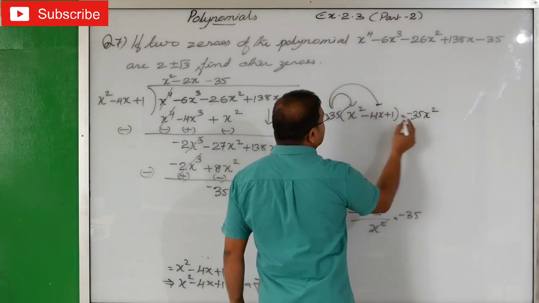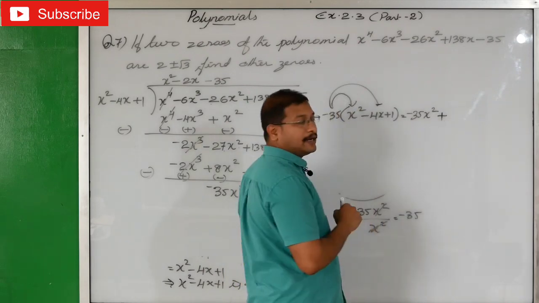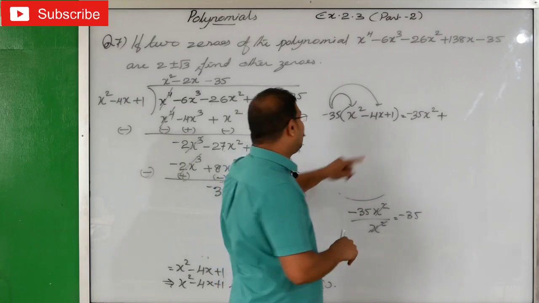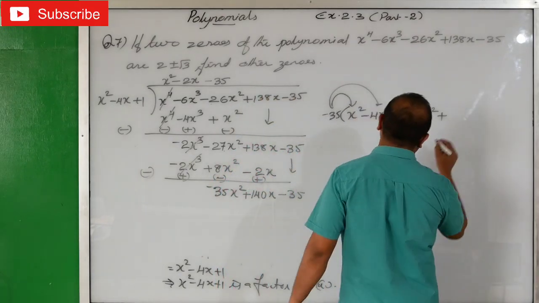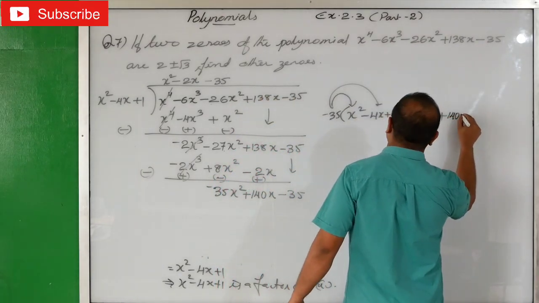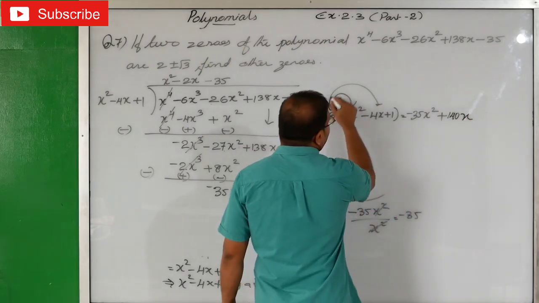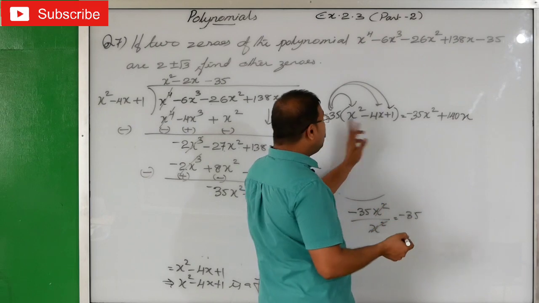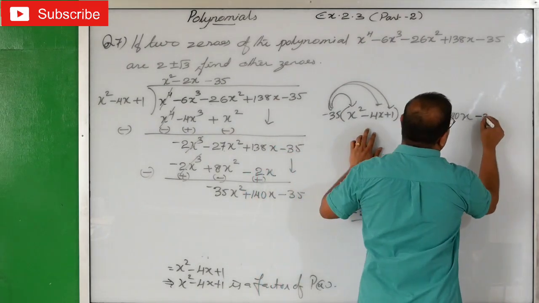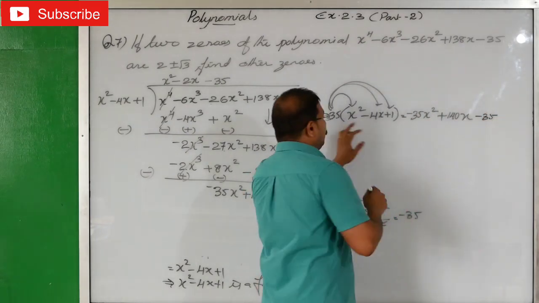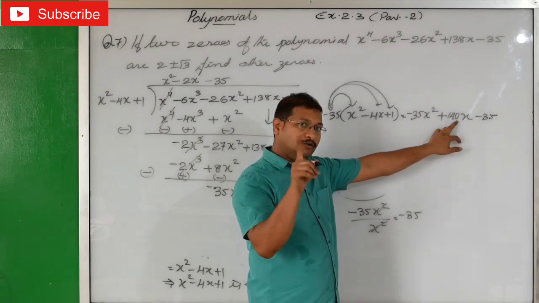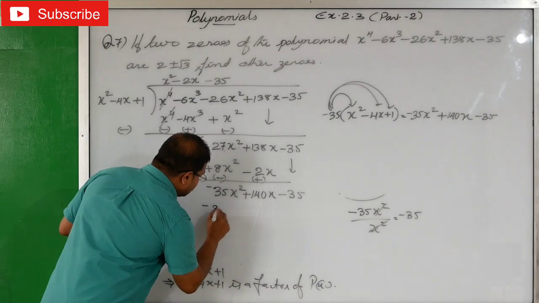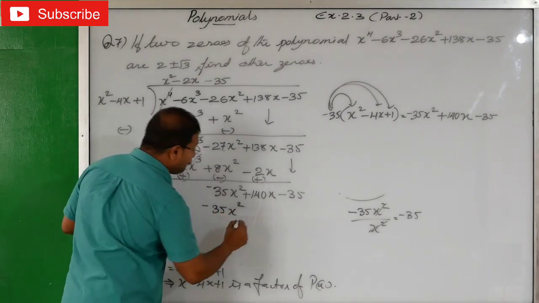Again minus into minus is plus. Ready? Now 35 into 4, 140. Ready? 140x. Again, minus 35 into plus 1. 35 ones are 35. Plus into minus, minus 35. See? 35 into 4, 140. If you have doubt, you have to multiply and check. Okay? Now, that we will write here. Minus 35x square plus